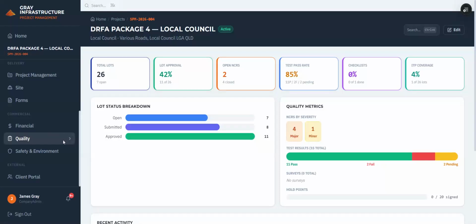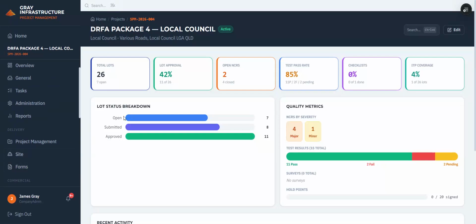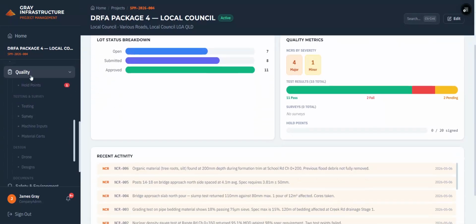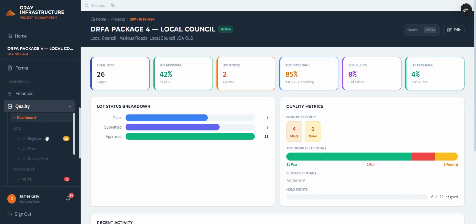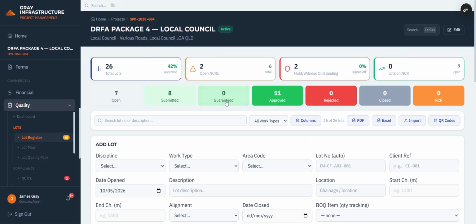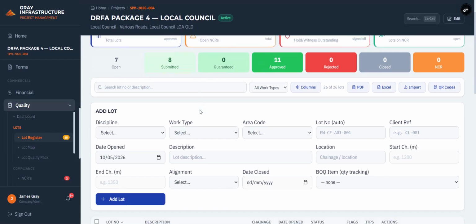Down the quality section in Stockpile PM. So in our dashboard, we've got quality here. I'll just give you a quick overview of the dashboard. It's just got some metrics there with a few reminders, NCRs, things like that. So next we'll move down to the lot register, which obviously is your main lot register